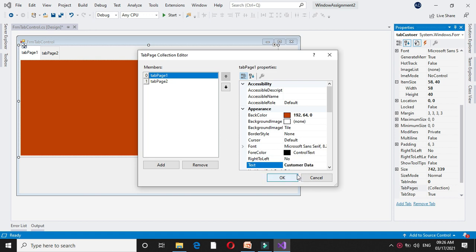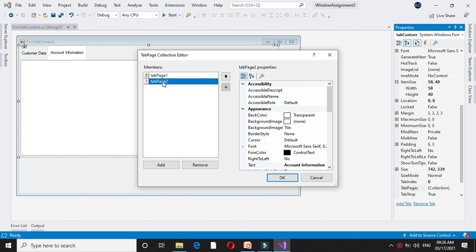For the first tab page I will give the name customer data, and it will change here. For the second page I will give account information. So the first tab page is customer data and the second tab page is account information.